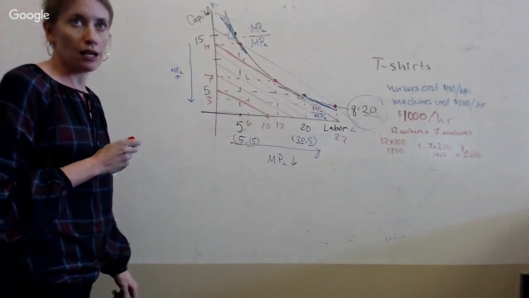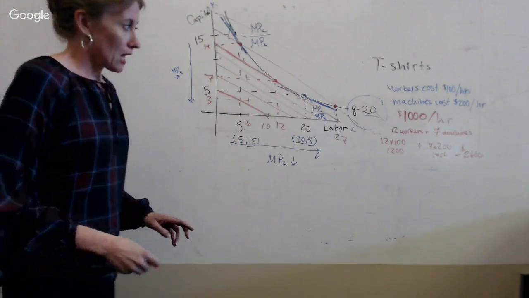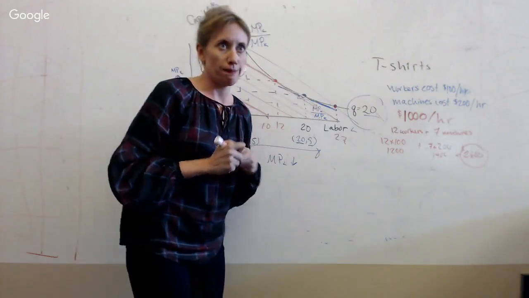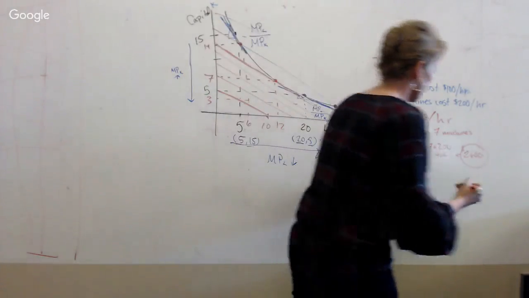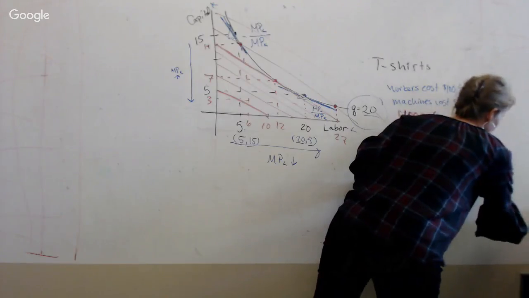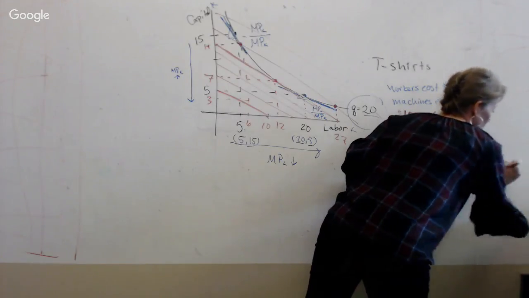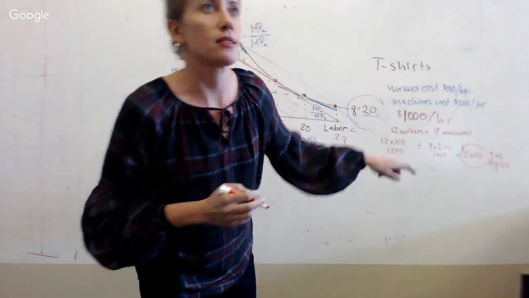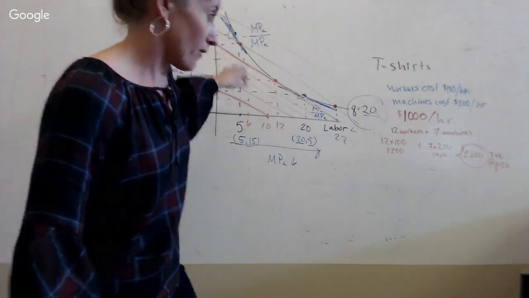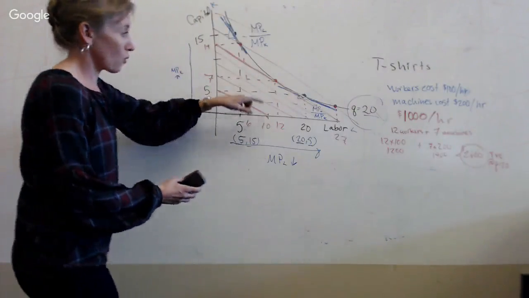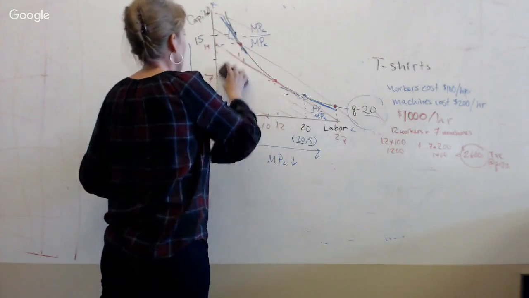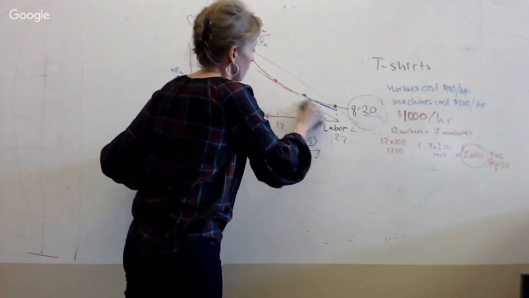20 t-shirts an hour. Now, we're going to save this information, and we're going to say $2,600 is total variable cost at Q equals 20. I've made something of a mess here, but this is one isoquant for Q equals 20, and we figured out how we find the cost-minimizing quantity.